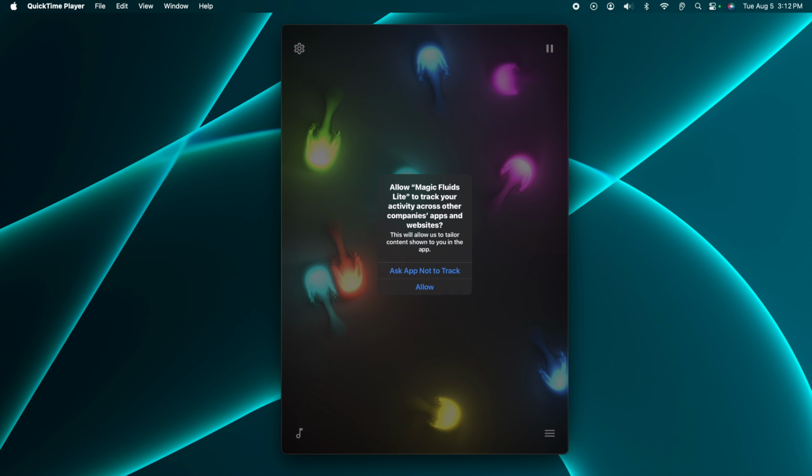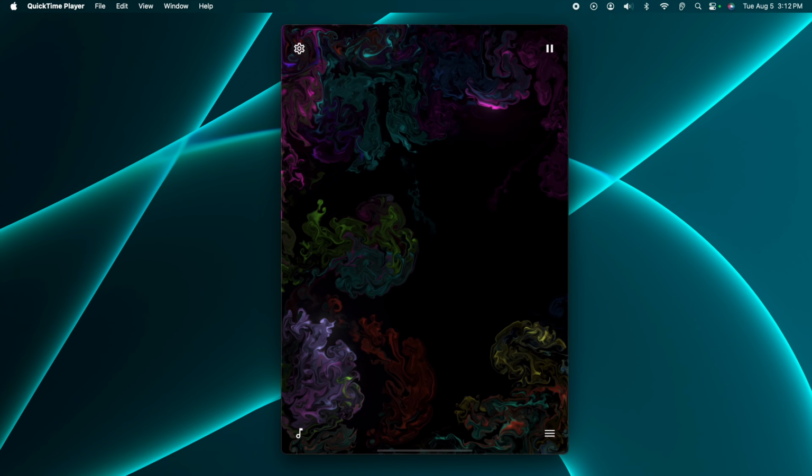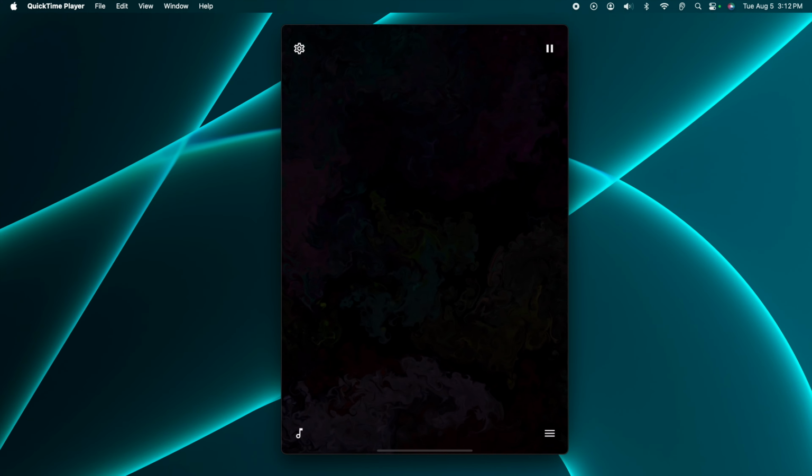So it is asking to allow this application to track your activity. I'm not interested to track my activity, to share basically. So I'm going to choose this option, ask app not to track, and then very shortly it will be gone. And now our application is ready to use, and now we can